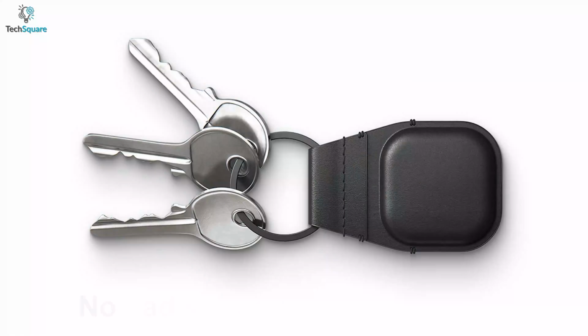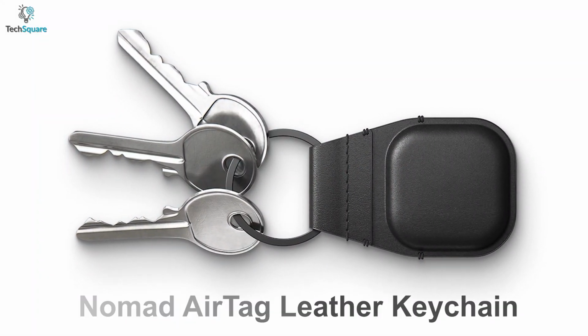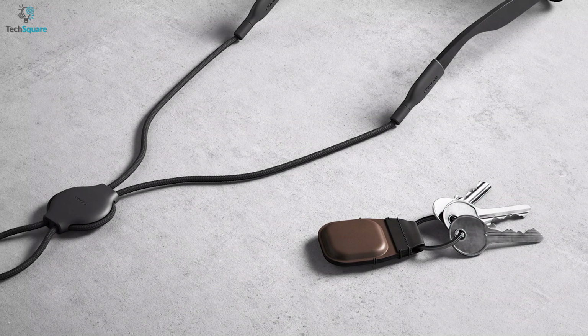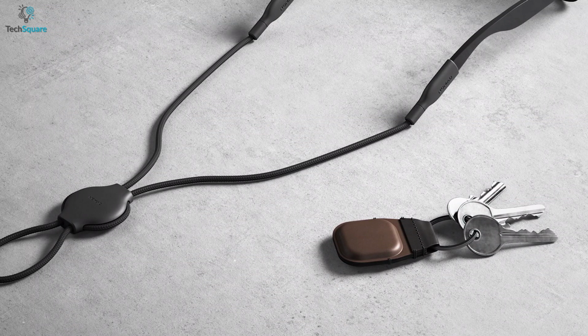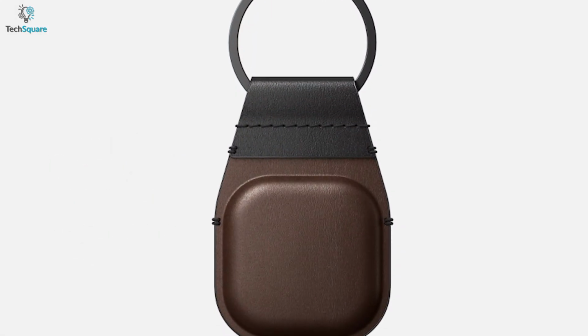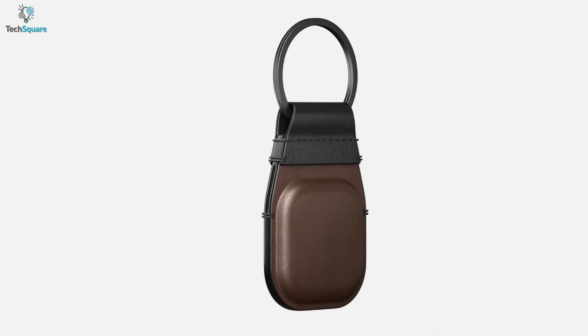Do you frequently forget where you leave your keys? Then the Nomad AirTag Leather Keychain has got your back as it's designed to keep the powerful location tracking device permanently attached to your keys. It's constructed with renowned vegetable tanned Horween leather, which is from one of the oldest American tanneries, providing a premium glossy